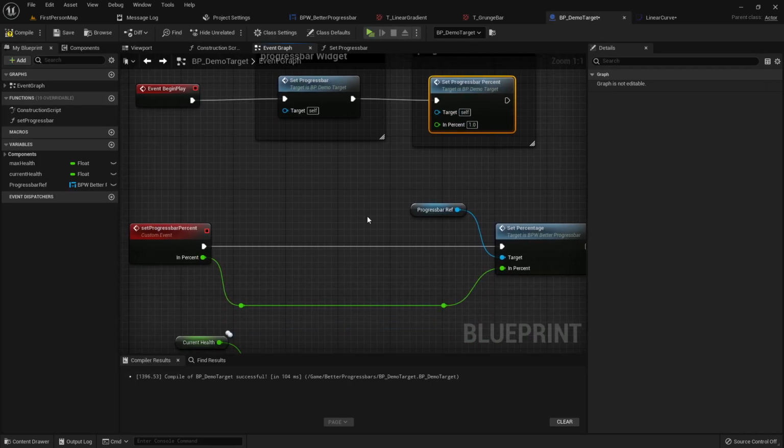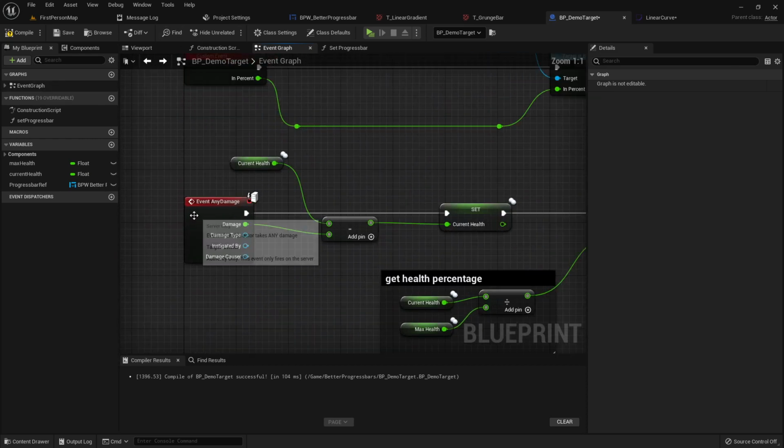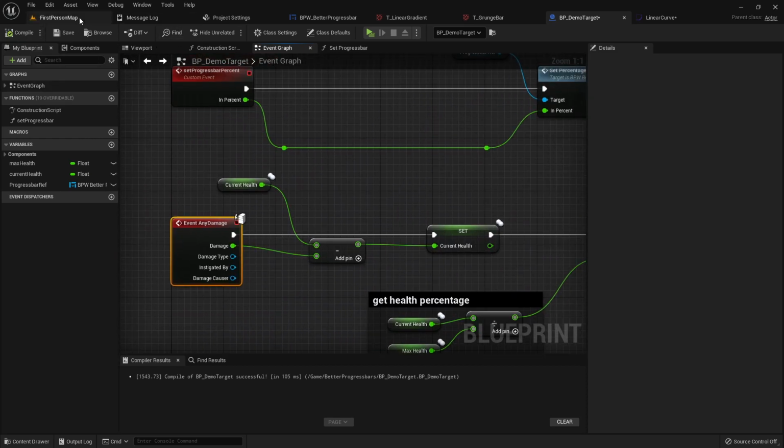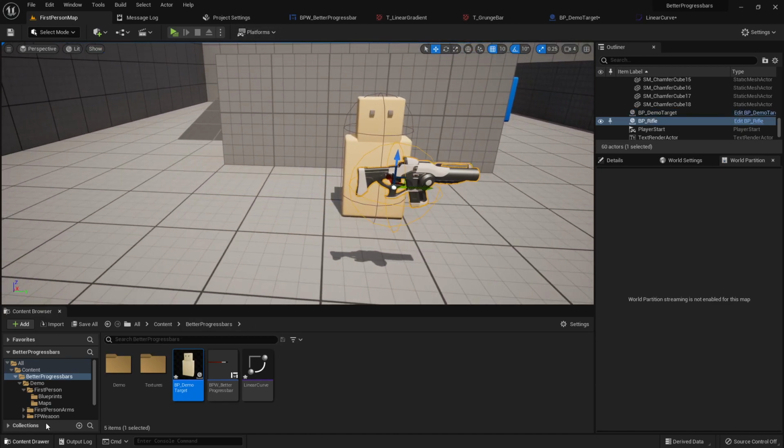So we start by setting the percentage to 1. And that's pretty much it. Event any damage you can call however you want to. You probably have your own damage system. Right now this is just a first person template, so the only thing I did was